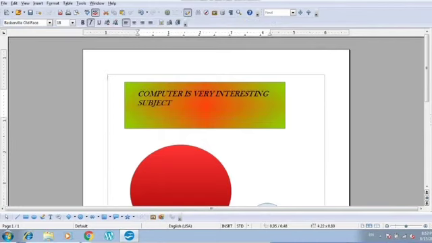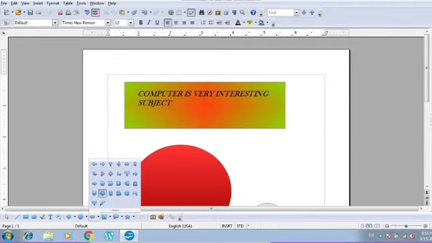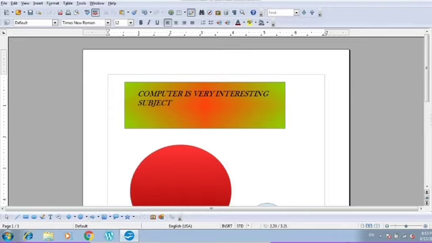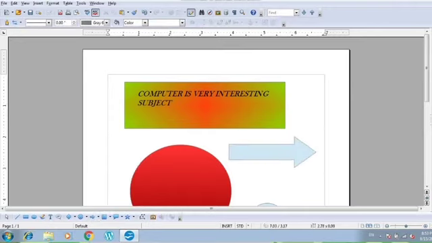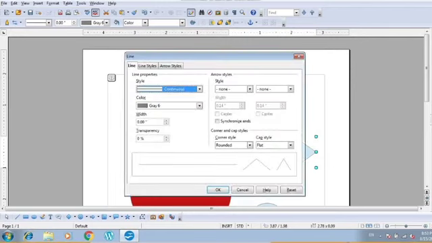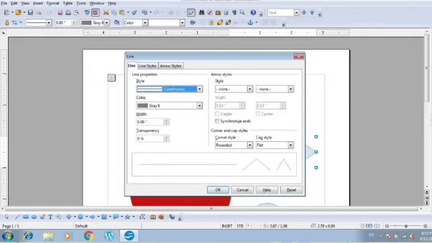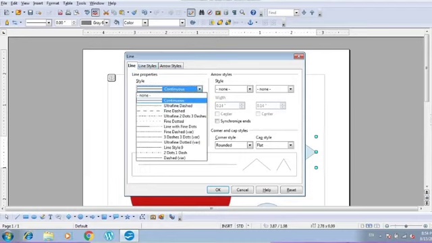All right, so this is how you can add text inside the shapes which are given. If you want to draw an arrow here, different kinds of arrows are also available. Suppose this arrow is given here, I have drawn this arrow. Now if you want to fill it, you can easily go to this area and fill the color. If you want to change the different patterns of the line style of this arrow, you can select the line and right click on the line styles.